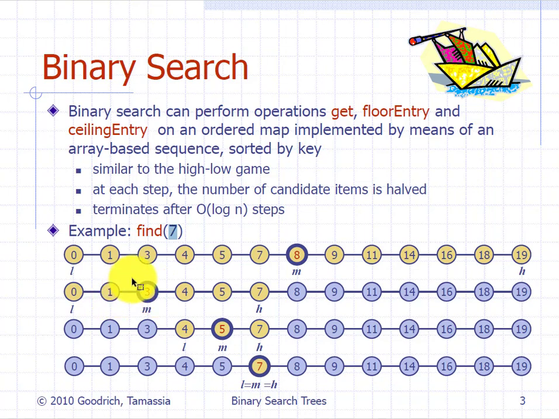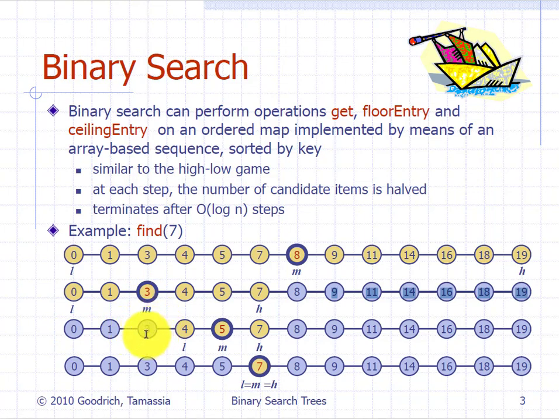So great. Now we say, well, is 7 equal to this value? Is 3 equal to 7? No, it's not. But we know that 7 is greater than 3, so it will belong on the right-hand side of 3. Since we already eliminated from 8 to 19, we don't even have to consider that. We will only consider 4, 5, and 7 in searching this. And what do we do again? We halve the problem. Again, we halve the problem. We eliminate all of these values,